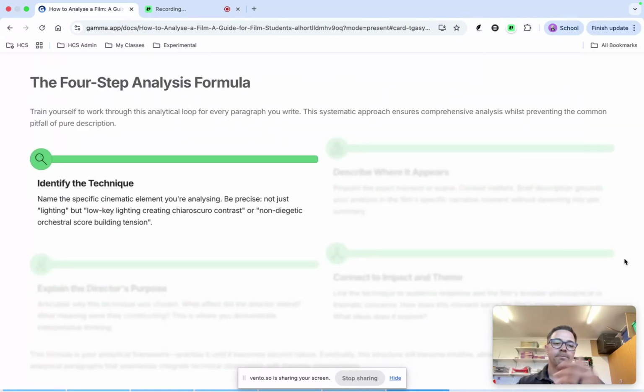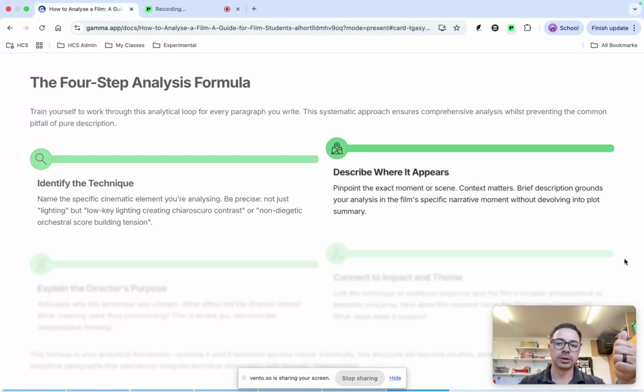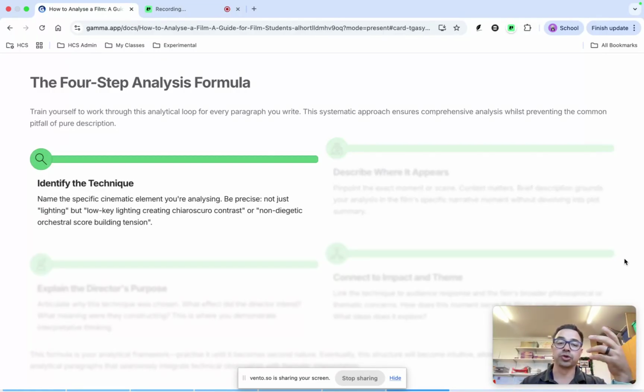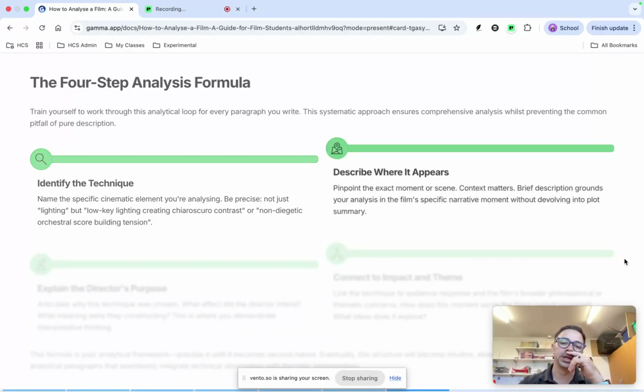Again, so how do we do the analysis, right? We first of all identify the techniques that we can talk about, especially related to the question. Now, if you haven't done already, go back and watch the video on how to pick your question, how to break up your question, understand it, and then actually build your thesis from it. That's critical to this. But when we're actually answering it in our 3 points, 3 paragraphs, we identify the technique,